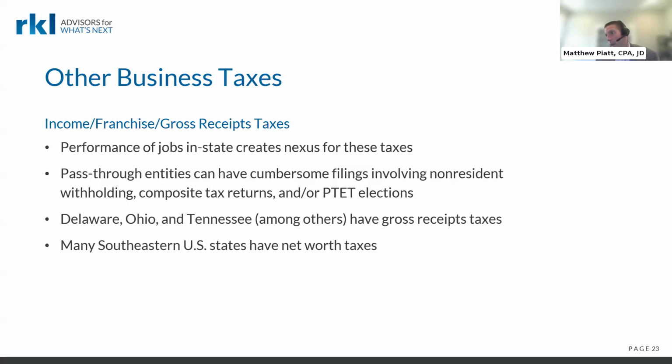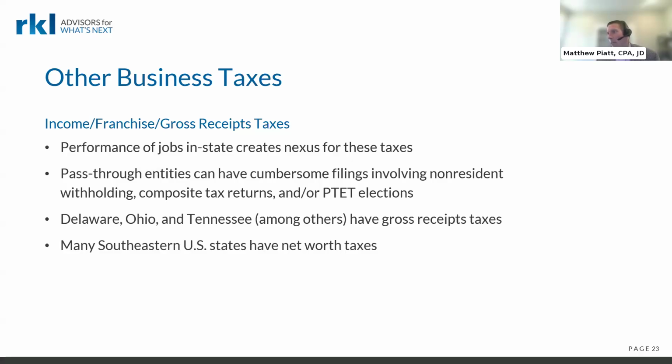States have gross receipts taxes. I mentioned Delaware, Ohio, and Tennessee here. Washington, Oregon, Nevada. I mean, there's a bunch of states now that have them. A gross receipts tax is what it sounds like, whereas a sales tax is levied on taxable sales, so you may have some exempt sales, and those aren't going to be taxable. An income tax is levied on taxable income, so you're going to get some deductions and eventually get down to the taxable income. Not a gross receipts tax. It's top line revenue sourced to the state with very few exemptions.